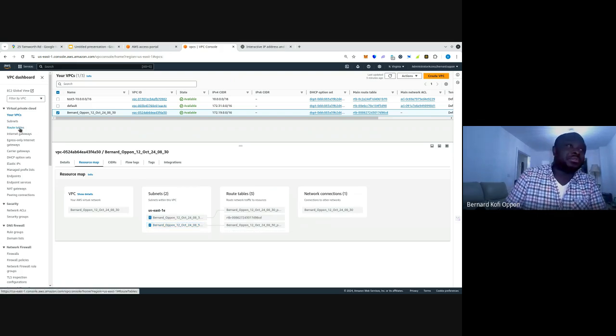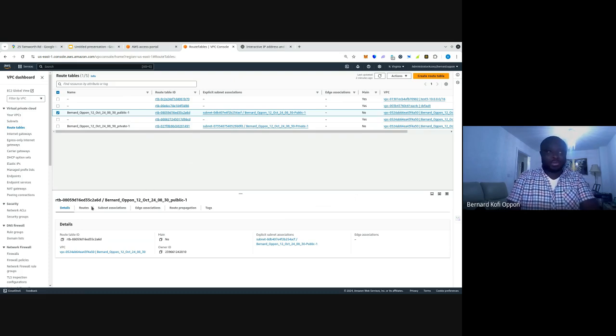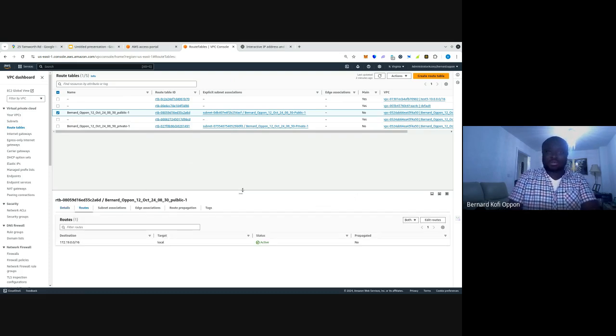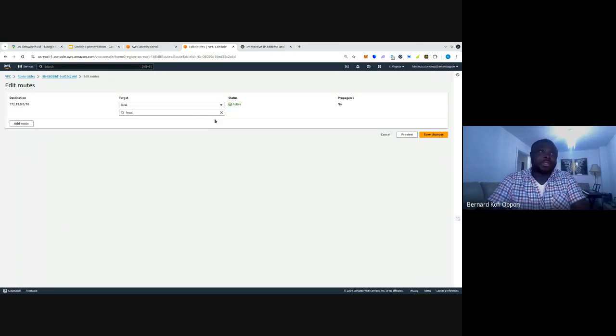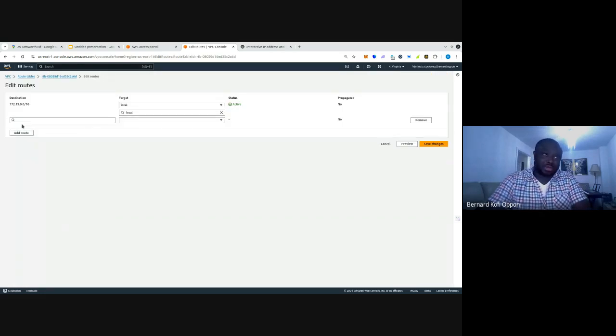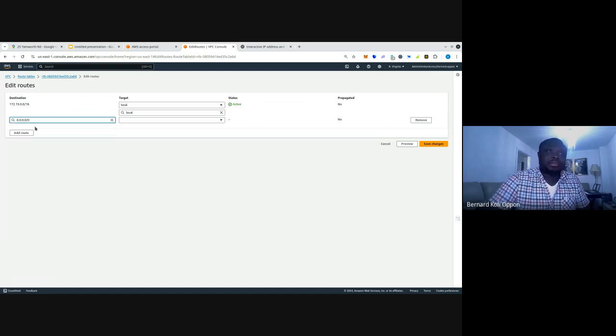So route table, we go to route tables, which are these that we created, and then we go to the public one. Okay. Now, the public one, we need to edit the route. Okay. So it says local. Everything in here should be local. What we do is we edit route, and then we add one more route. And we say for everything, anything,